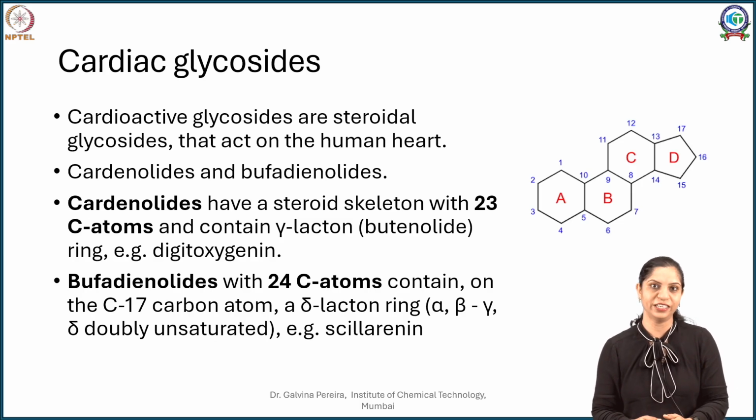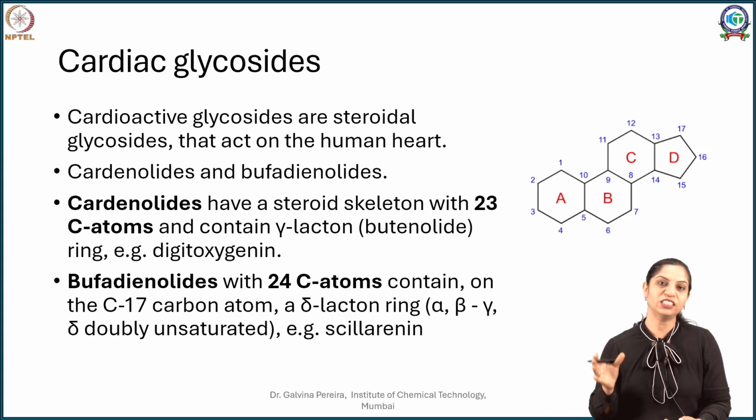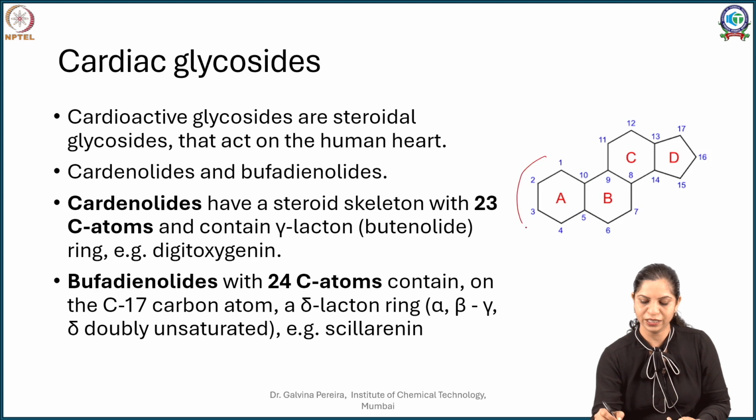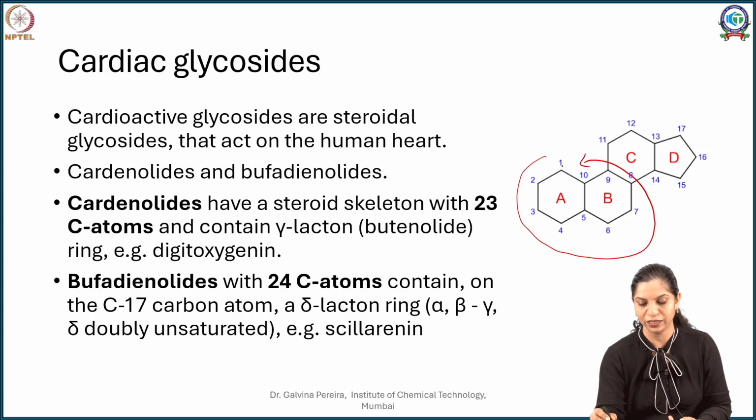In the cardiac glycosides, we can divide these compounds into two categories, cardenolides and bufadienolides. The difference is their carbon count. Considering the basic steroidal moiety, the numbering starts from ring A. Steroidal moieties have a 4-ring system. A, B, C are 6-membered rings, whereas ring D is a 5-membered ring. Numbering starts from ring A and goes in an anti-clockwise manner. So, you have your carbon number 1, 2, 3, 4, 5.